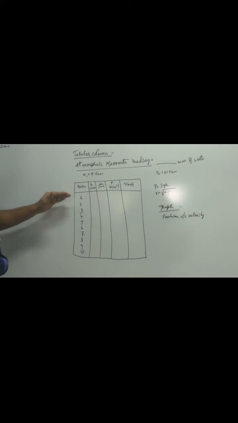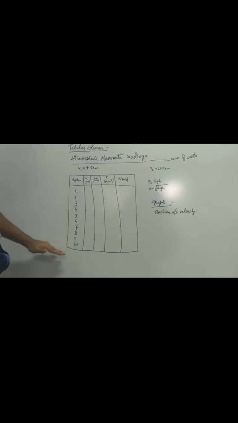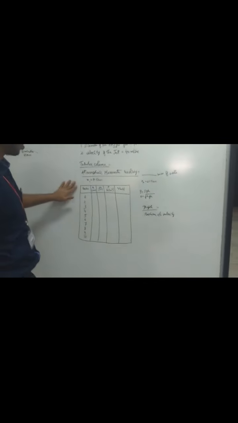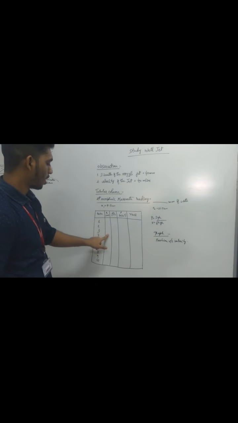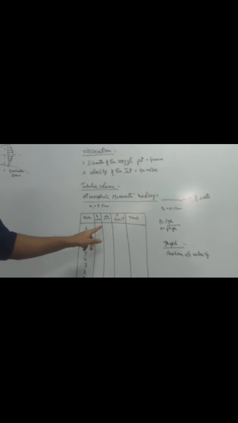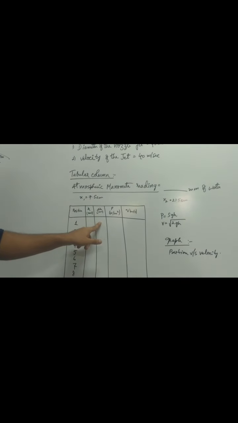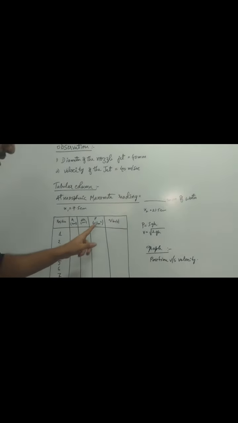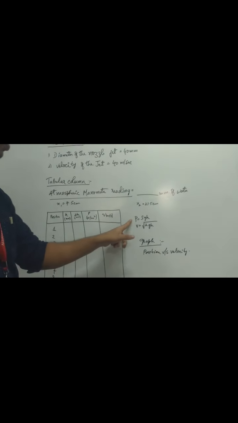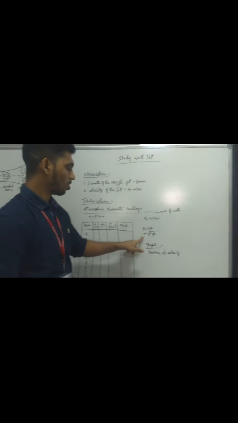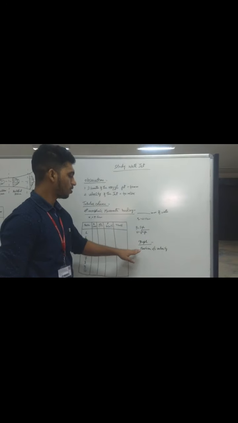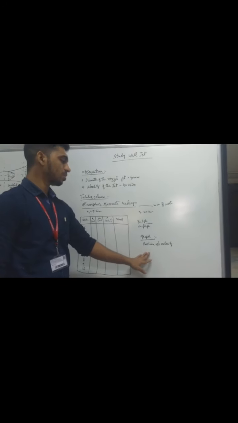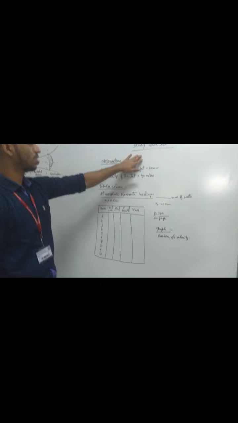There are 10 to 13 positions. We have to take down the manometer reading, and we have to find out the delta H. Delta H is this minus this. We'll show you. This is the pressure and the velocity. For pressure, rho g h, and velocity square root of 2gh. And we have to do for position versus velocity in the steady wall jet.